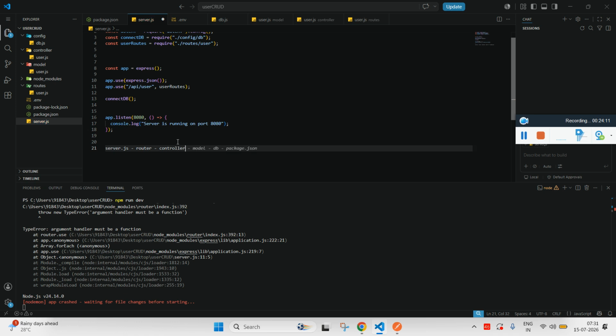The controller has a connection with the model, it interacts with the database, and the function currently what we have written